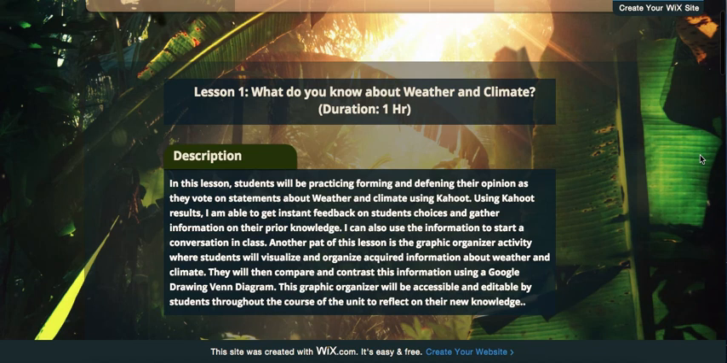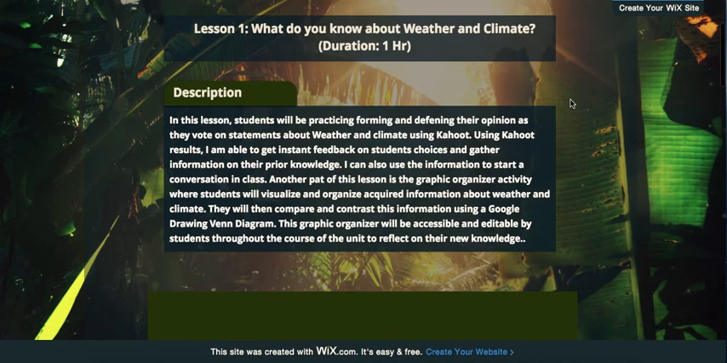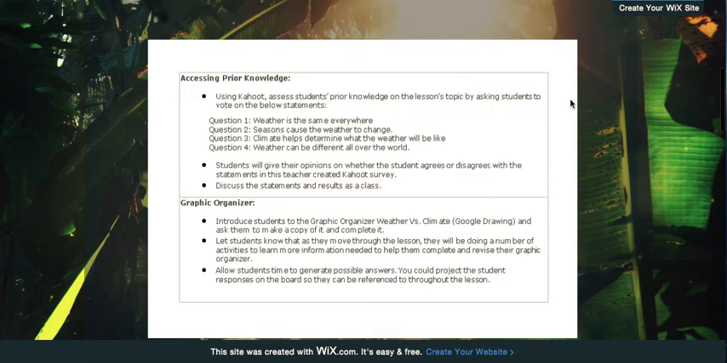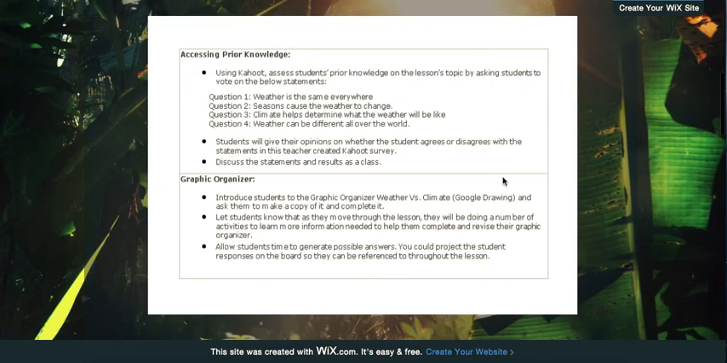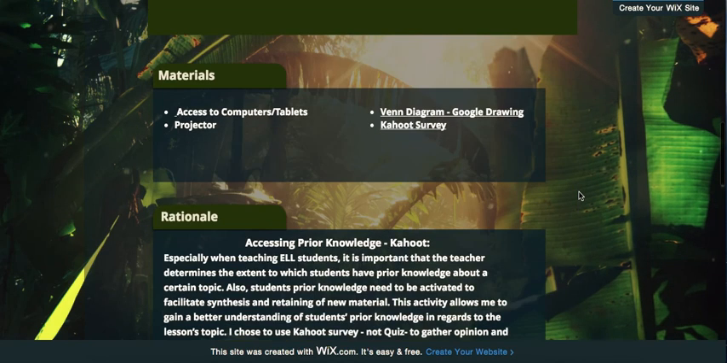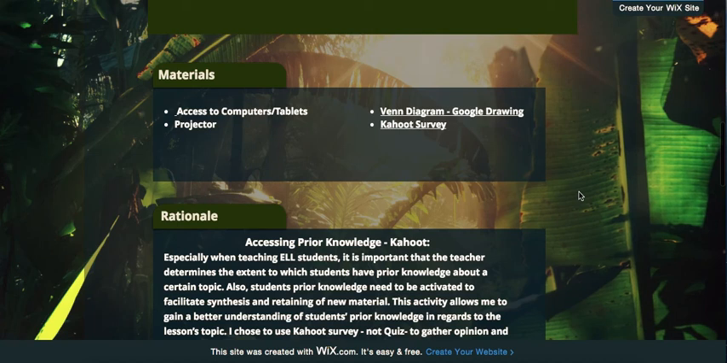But then I like that you've given a description, you've given them an amount of time that they're going to have, and then you've given teacher instructions for what to do. That's really, really helpful. I think that is really powerful, especially for people that are teaching this unit and just going. So yeah, overall